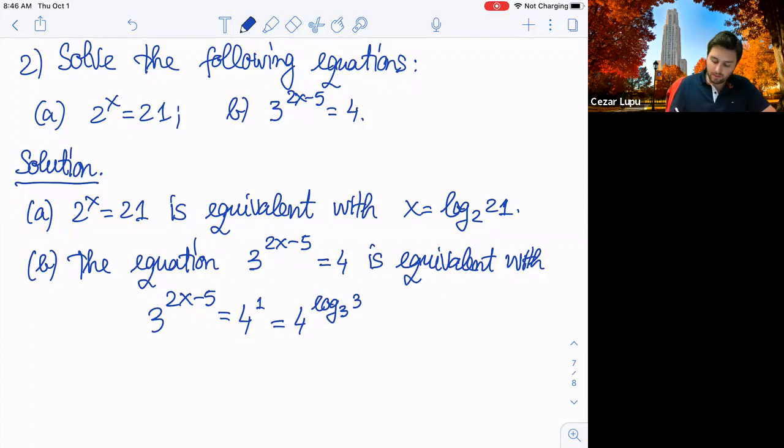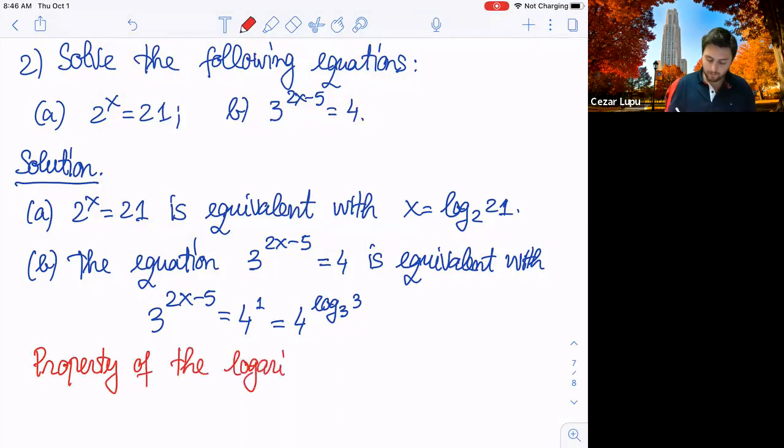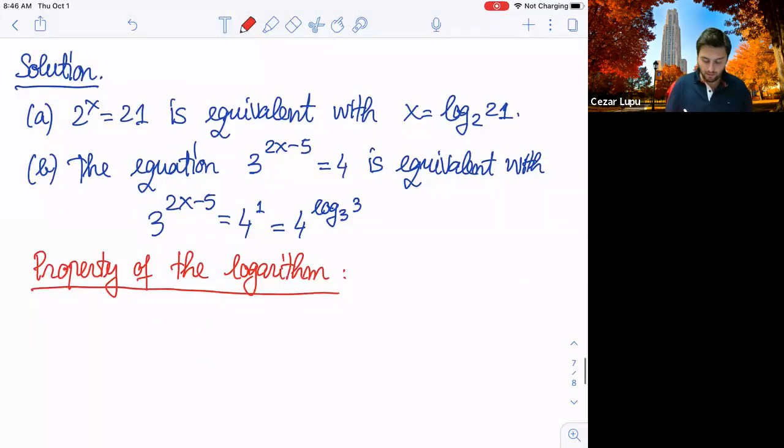But there is a property that I should have mentioned. Anyway, I'll mention it here. So the property of the logarithm, which says the following. I'm going to write it big here. A to the power log in base A of B. Well, actually, I mentioned this, but anyway, let me put here a number C. You can swap these two. So it's the same as C to the power,